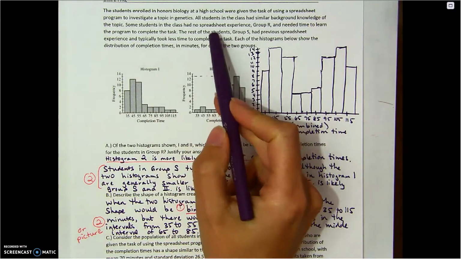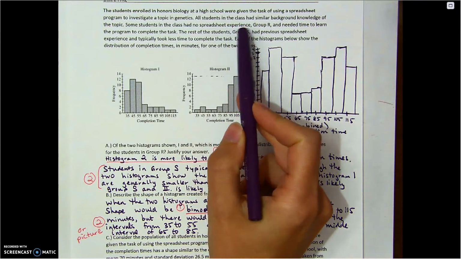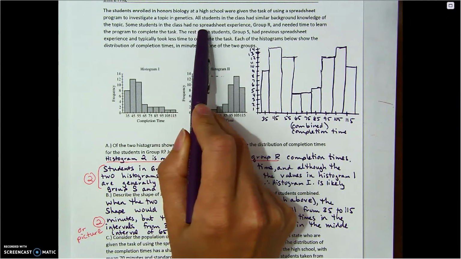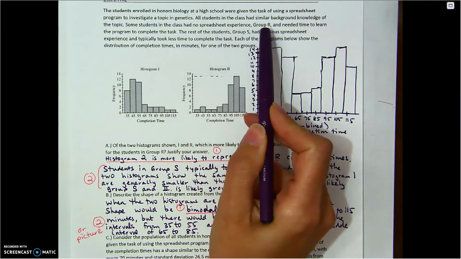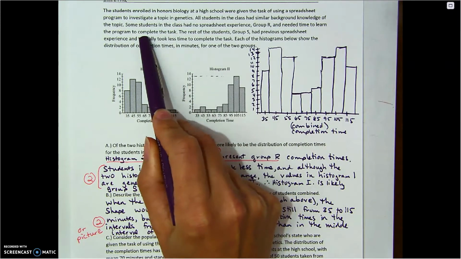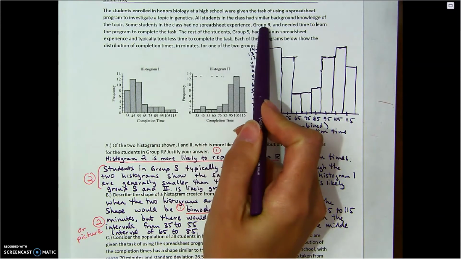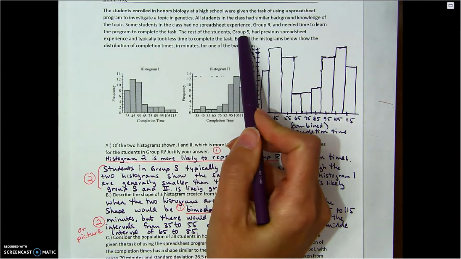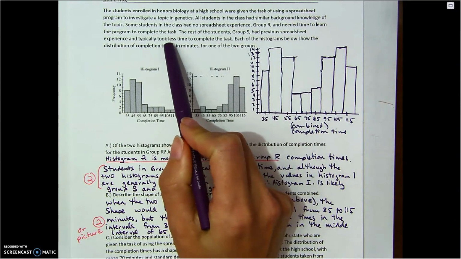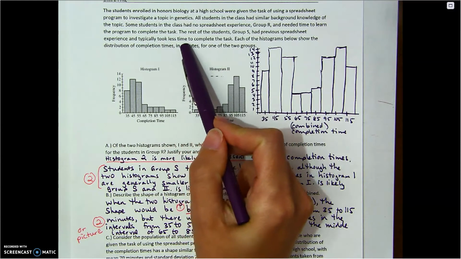Okay, so this is that biology problem. Here we go. All students in the class had similar background knowledge of the topic. Some students in the class had no spreadsheet experience, group R, and needed time to learn the program. So I kind of did like learn R. Okay. The rest of the students, group S, had previous spreadsheet experience and they took less time to complete the